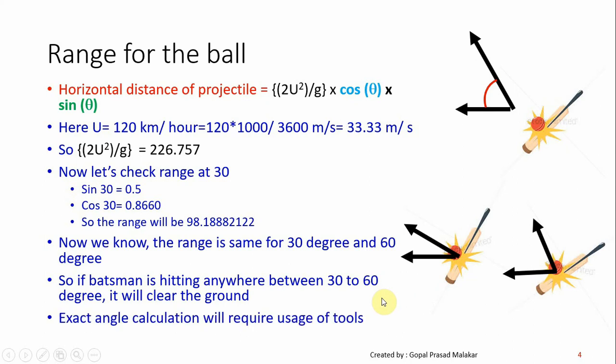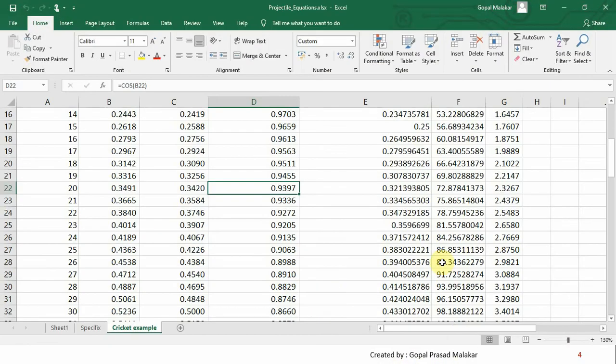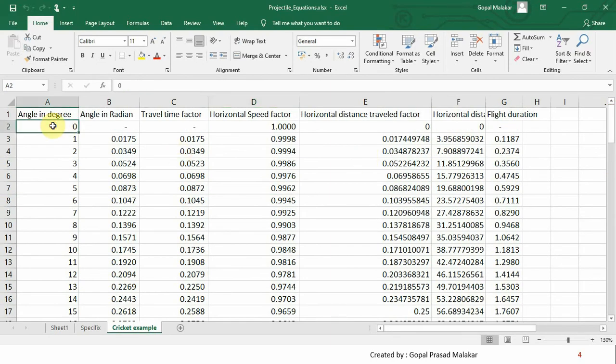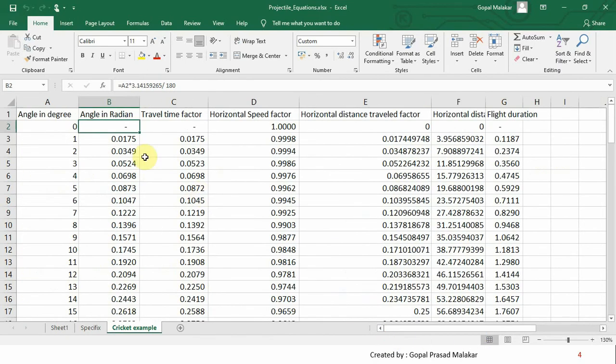Now if you want to know the exact angle, not 30, 60 kind of, whatever is the exact angle, that comes out 27. I'll explain it quickly, but that should not be part of your curriculum. That's actually a little advanced level, but let me show you how you do it if at all you want to do it. So here are the angles, and then I have converted that into radian, which is, this is the formula if you want to convert angle into radian. So pi into degree divided by 180 gives you radian.